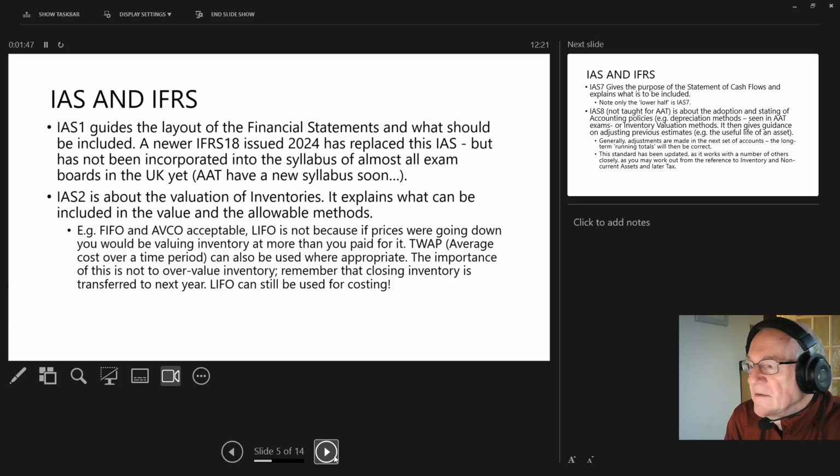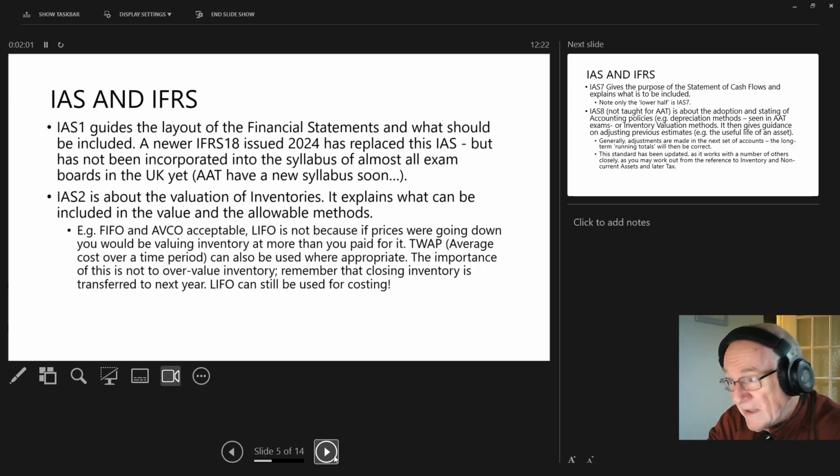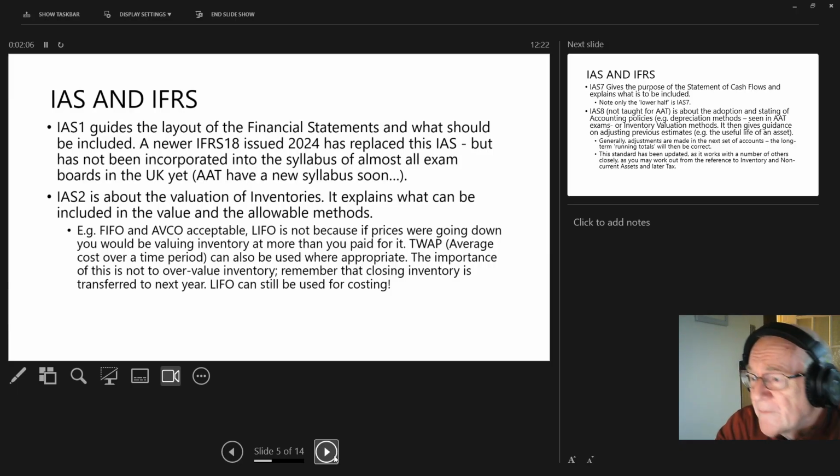It does affect the cost of goods sold and it sits there in our statement of financial position, or balance sheet, but it's been transferred into next year. So if we deliberately underestimated or overestimated for tax reasons, which of course is completely unethical, it will just simply go into next year and the long-term one, unless you were really seriously into unethical behaviour, in which case one day you'll probably be in prison.